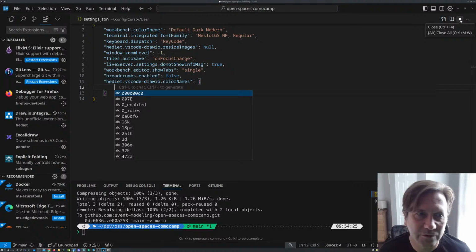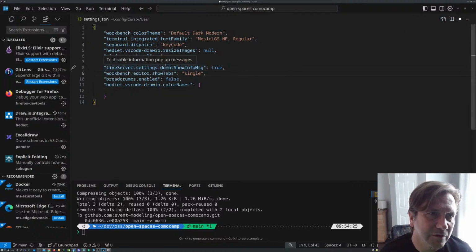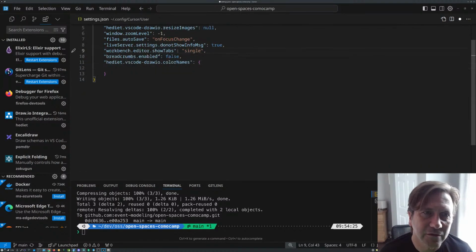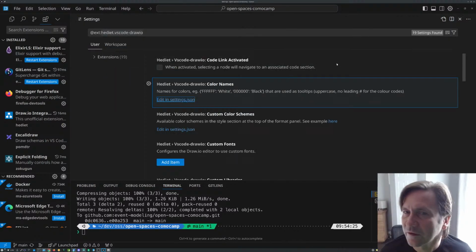basically trying to, what is this, cursor AI? I did not want this. I just close